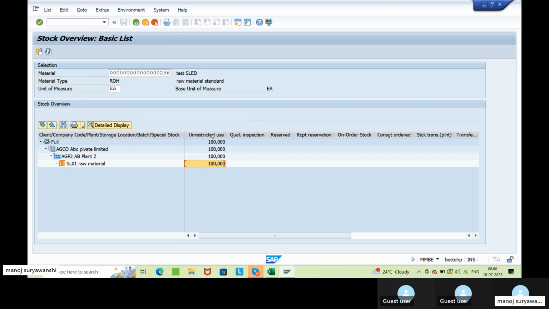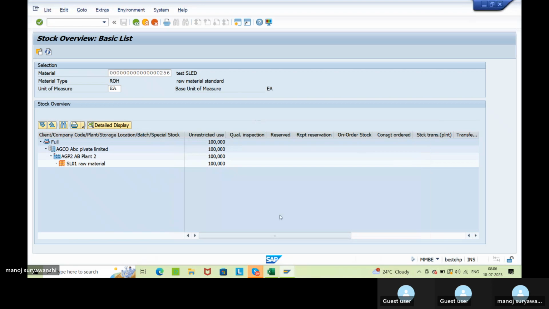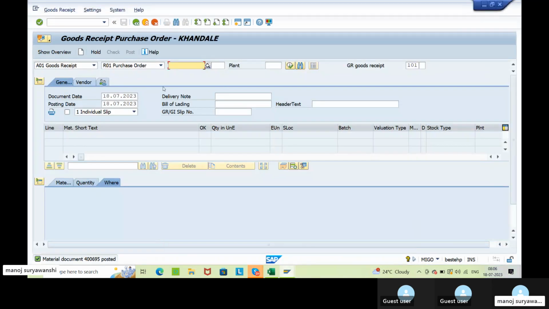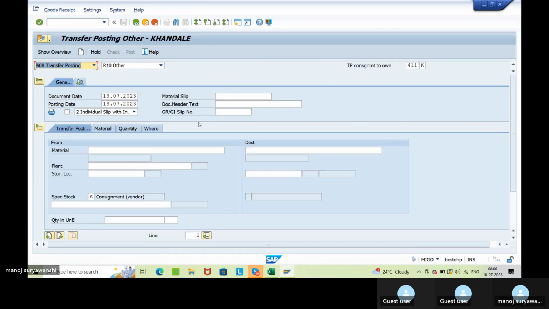Now, if I'm moving some quantities out of this 100 into quality inspection or into block stock, then that is called as stock type to stock type transfer posting or stock to stock transfer posting. Now I'll do the transfer posting. Let's go to MIGO, select here transfer posting. Okay. Now transfer posting, here we need to select other and the movement type is if you want to transfer quantities from